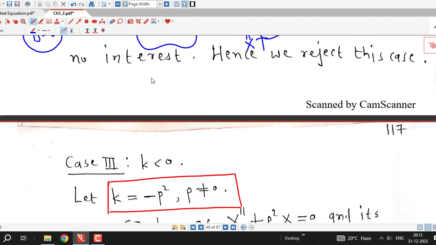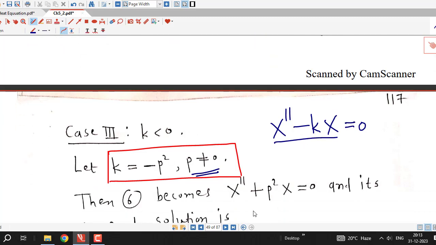And the last case is k is negative. In this case we will express k by negative of p square, where p is, say, a non-zero real number. K is written as negative of p square, p is non-zero, and our equation is X double dash minus kX equal to 0, and if k is minus p square, minus k is p square, so this will become X double dash plus p square X equal to 0, and the auxiliary equation for this is m square plus p square